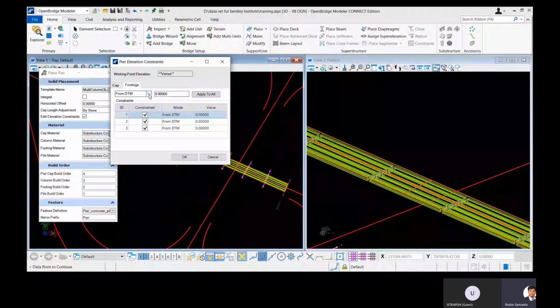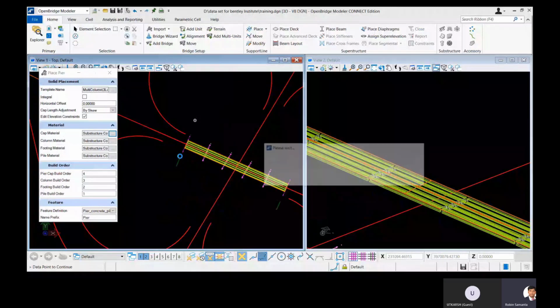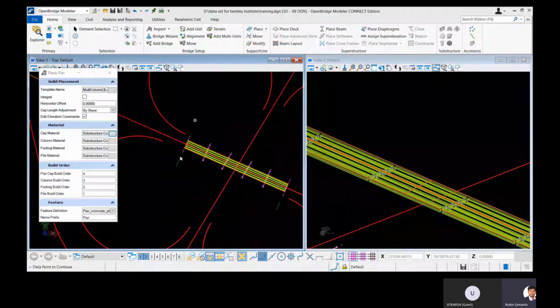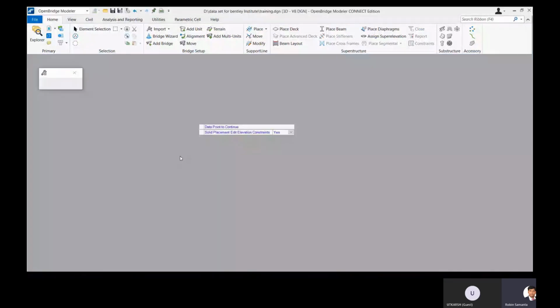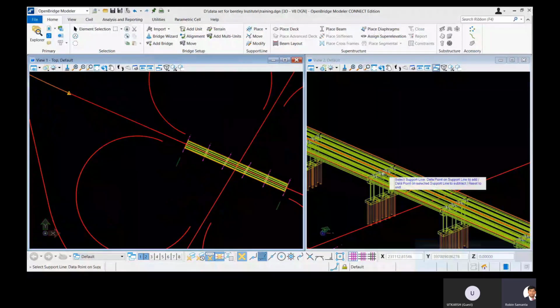Through this table, actually you can put the elevations by your DTM, that is your terrain model. So that contains your existing ground level data, and you are keeping an offset of 3 meters from that existing ground level. So the height of the pier will automatically be taken into consideration. But also through the elevations, you can give the elevation value, individual elevation value as well. So both the options are available, but it's easy to include your terrain model into consideration.